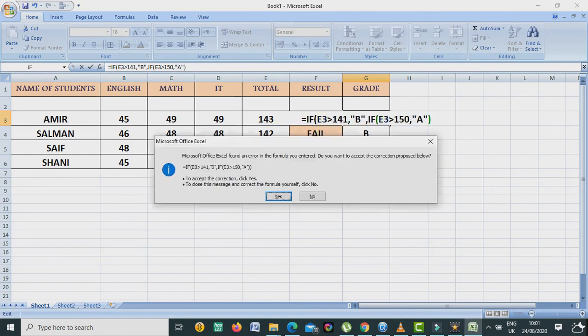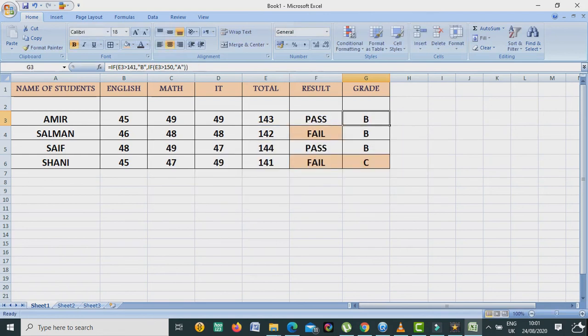Now see, if E3 is greater than 140, then B. If E3 greater than 151, then A. Means like this, you can use different conditions. If E3 is greater than 141, B. If E3 greater than 150,